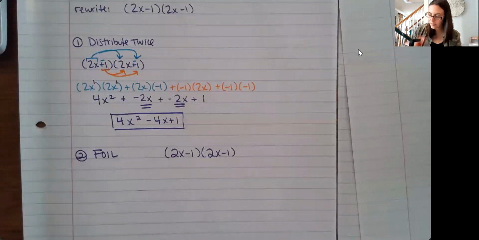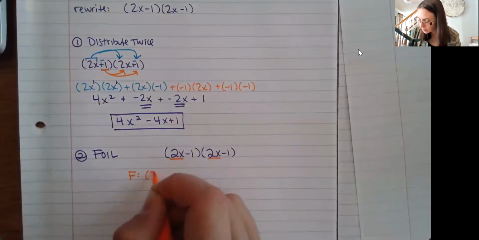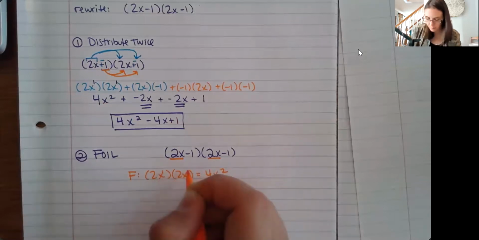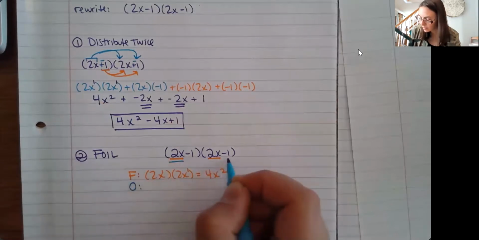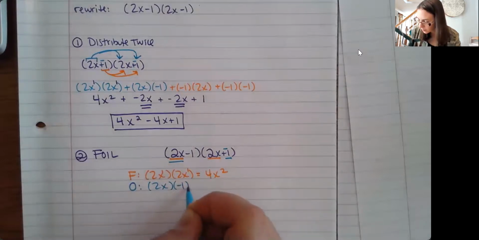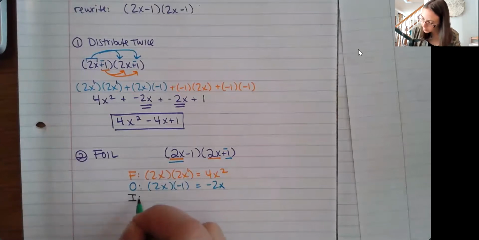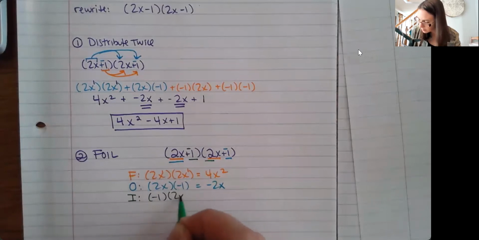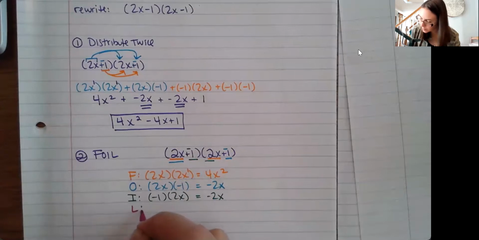If you prefer to think of this as a FOIL, our first terms are going to be the 2x and the 2x. So I kind of tend to like to write it like this. Just kind of write it more vertically. My outer terms are 2x and negative 1. So again, that's going to be a negative 1 there. My inner terms, again, I have a negative 1 and a 2x. And then my last terms,